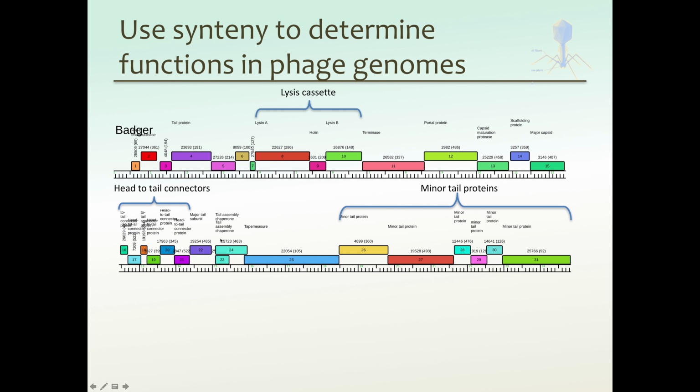The major tail subunit is almost always followed by the tail assembly chaperone proteins. Here you can see that it's annotated with the programmed ribosomal frameshift. This is followed by the tape measure, and usually the tape measure is followed by a cluster of minor tail proteins. And here's another situation where if you find one minor tail protein,